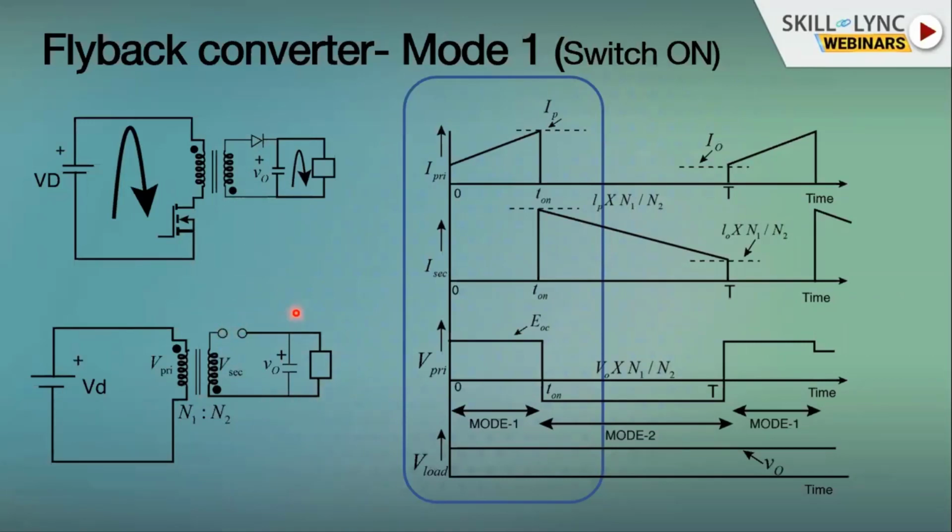So when we switch on, the primary current towards the inductor will shoot up like this because of the inductor property at T on, and because this diode is not conducting, no secondary current will flow. The primary voltage will be chopped, and the load voltage in this case is smooth at the output. I'll tell you why.